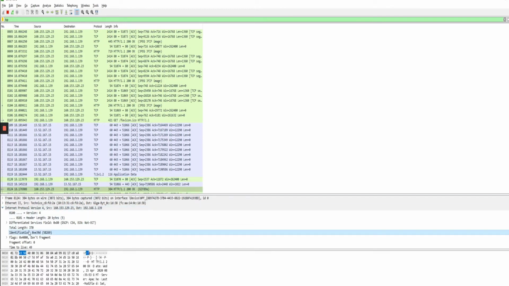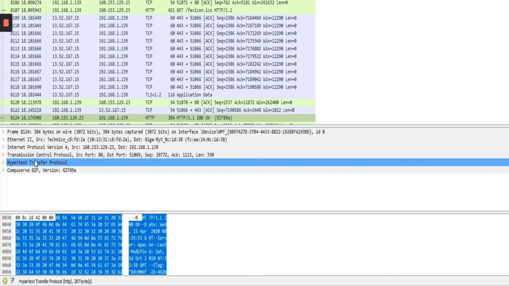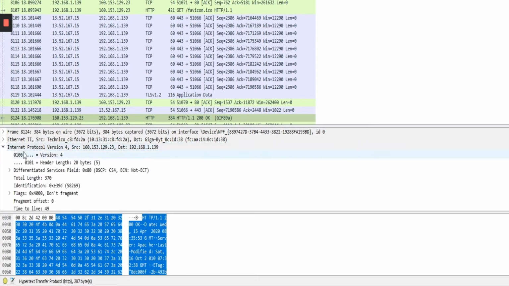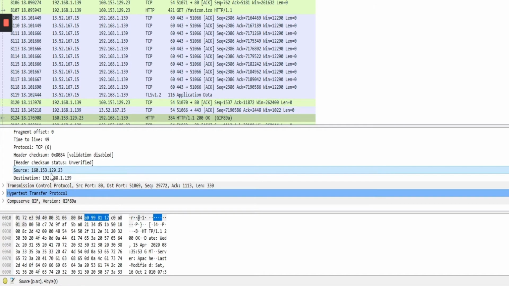If we want to filter a specific field, there are a few ways to do that. One possibility is to click on a specific packet. We'll go down to the Packet Details window and click the protocol and a specific field. In our example, we'll click on the source IP address.